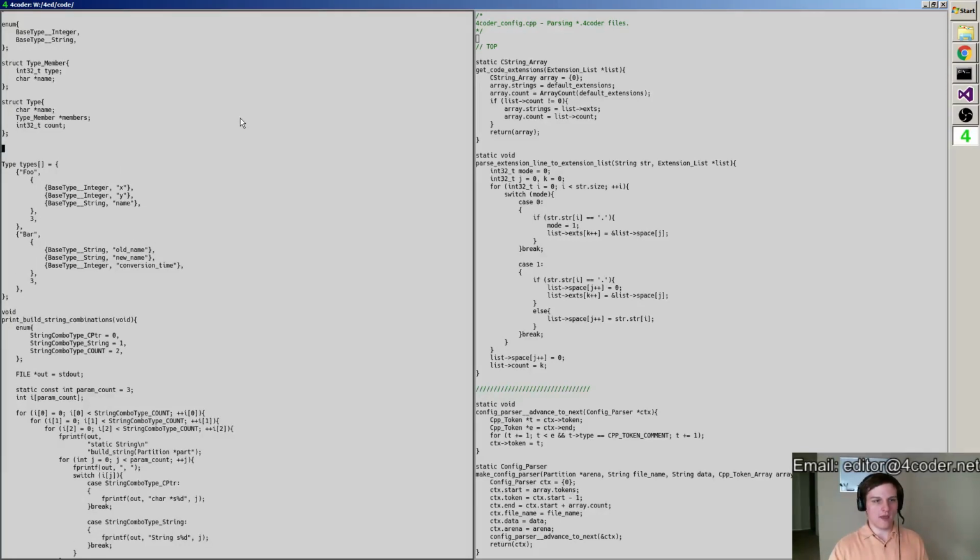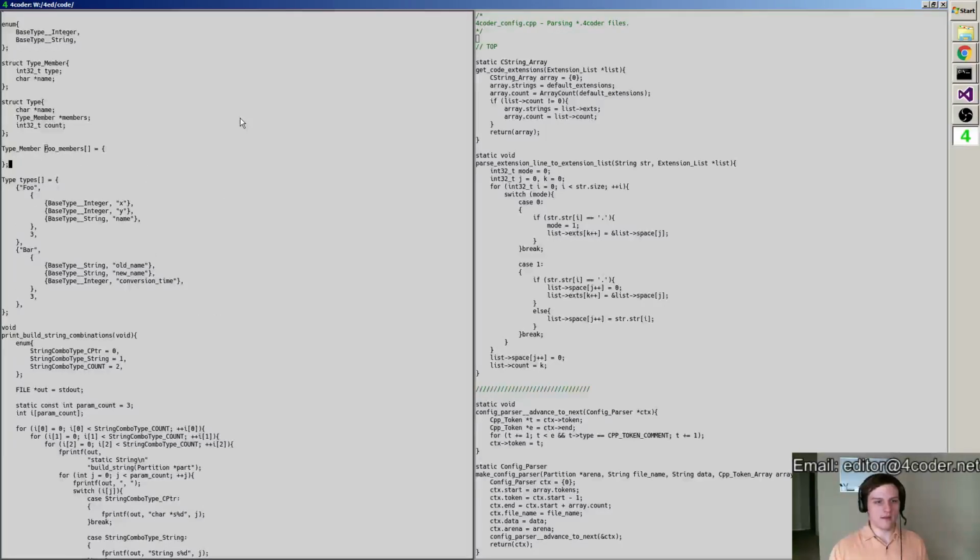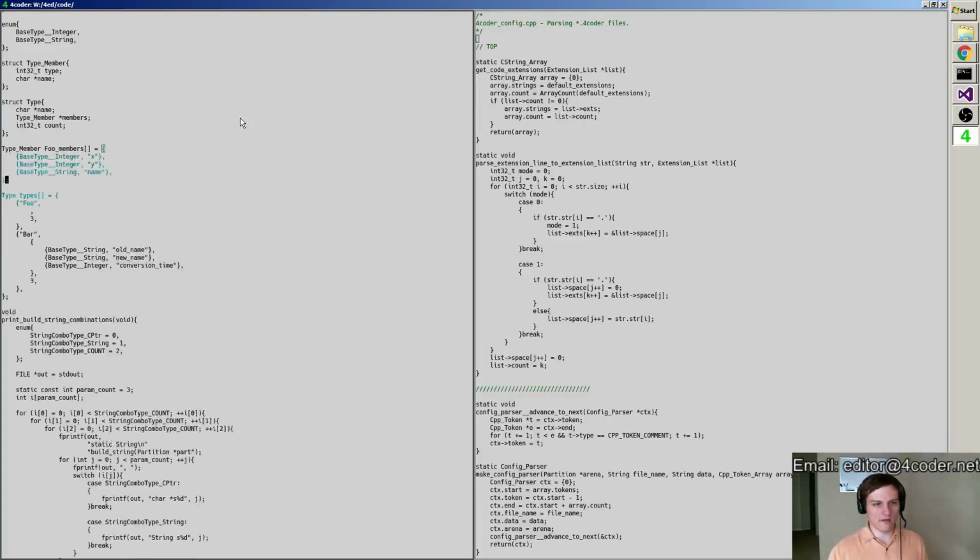Well, what I actually have to do is I have to come up here and go, okay, well, let's give this foo members like that, and then that can go there, and then foo members can go here. This will parse. But you can start to see that now we're getting back to that locality problem where C does such a poor job of letting me reorganize things however I want to put them near each other.